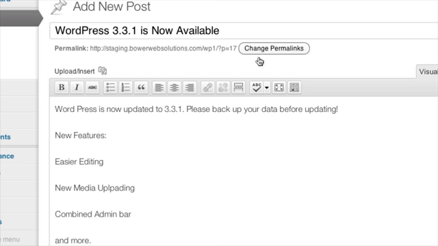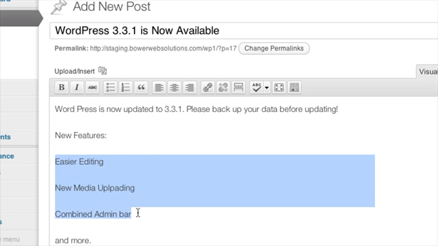Okay, so I've just created a couple of different paragraphs here, separating each one with a return or the enter key. So if I wanted to take these three here and make it into a list, I could